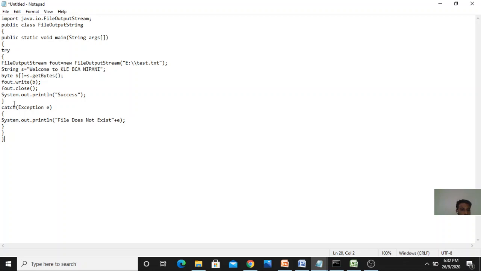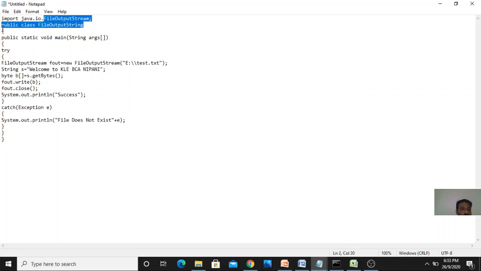So this is the program of how to write the string into a file. Let me repeat the content once again. I am importing the main package, that is java. Inside the java package I have a sub package, that is io. Inside the sub package io I have a class, FileOutputStream.